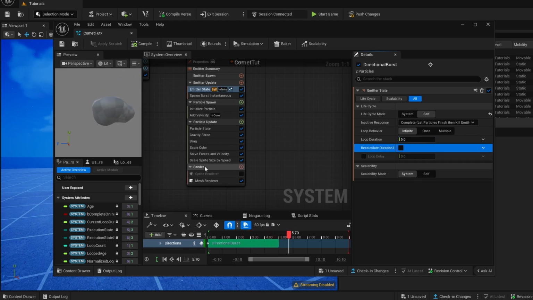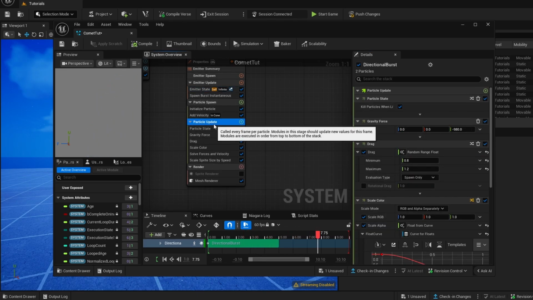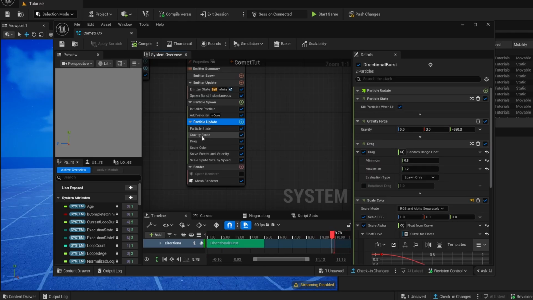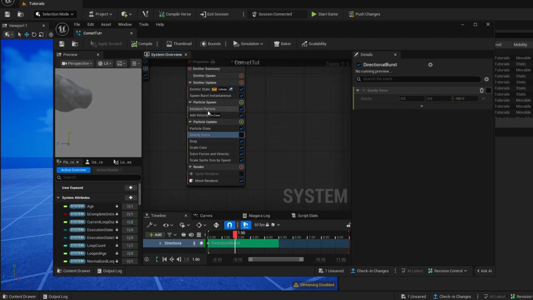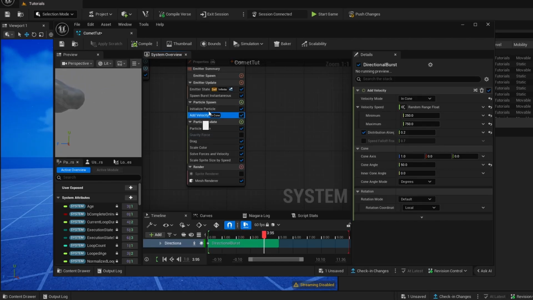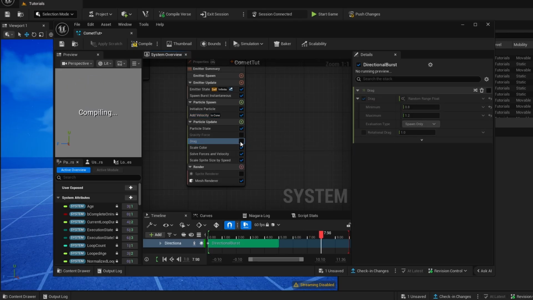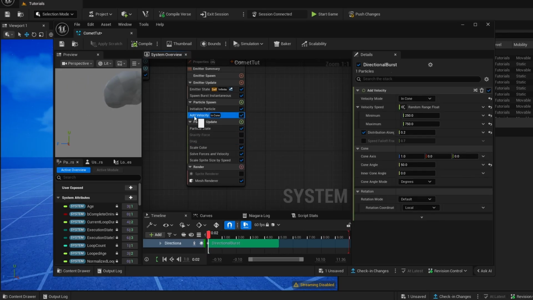So we'll go down to the particle update. There's the gravity force and the drag. For this, I'm going to turn off the gravity force because I just don't want the comets landing on my players or coming down. I just want it to be in the sky. Then we're going to go to the drag force and also turn that off. In add velocity, I'm going to